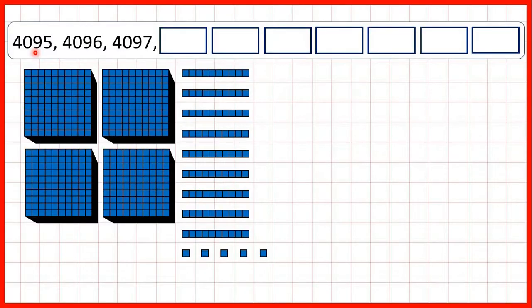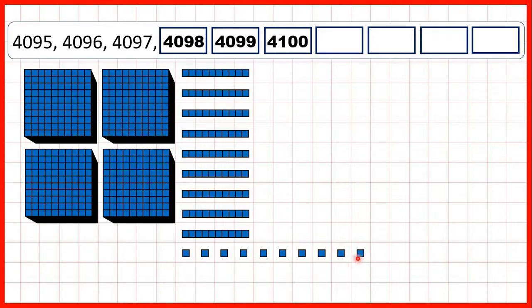Now, we need to count on in ones from a 4-digit number. So here, we start with 4095. So that's 4 thousands, no hundreds, 9 tens, and 5 ones. Next, we have 4096, then 4097. If we keep on adding ones, we get to 4098,